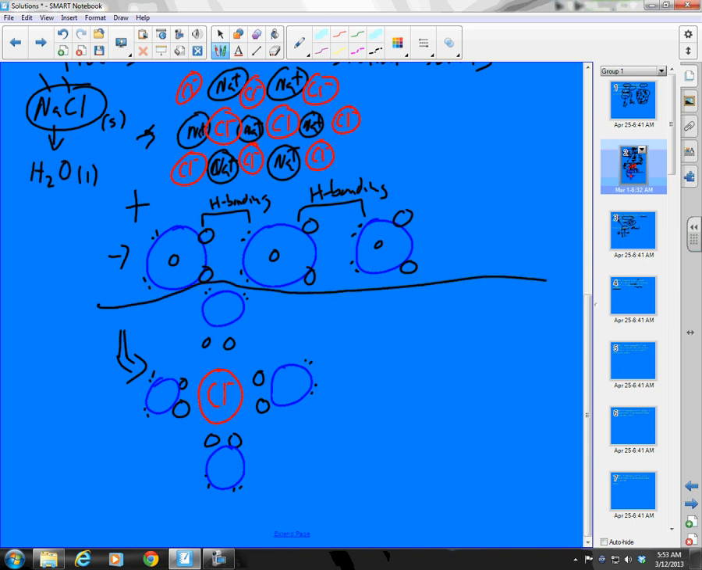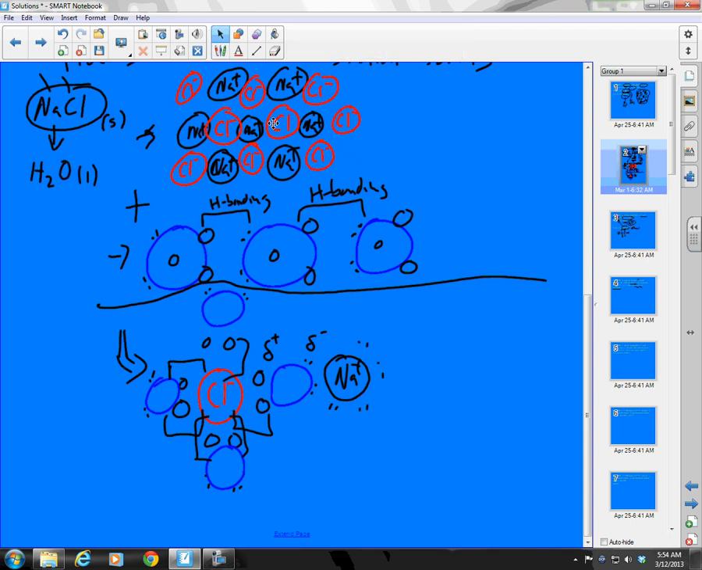Okay, these guys, different picture. But there is an attraction here because this is partial positive, this is partial negative. So the partial positive side of my water is attracted to the chlorides. But then what's attracted to the partial negative side? Well, the partial negative side of my water is attracted to a sodium. And that sodium then would be surrounded by other waters. I don't know exactly how many, whether it's 3 or 4 or 8. But